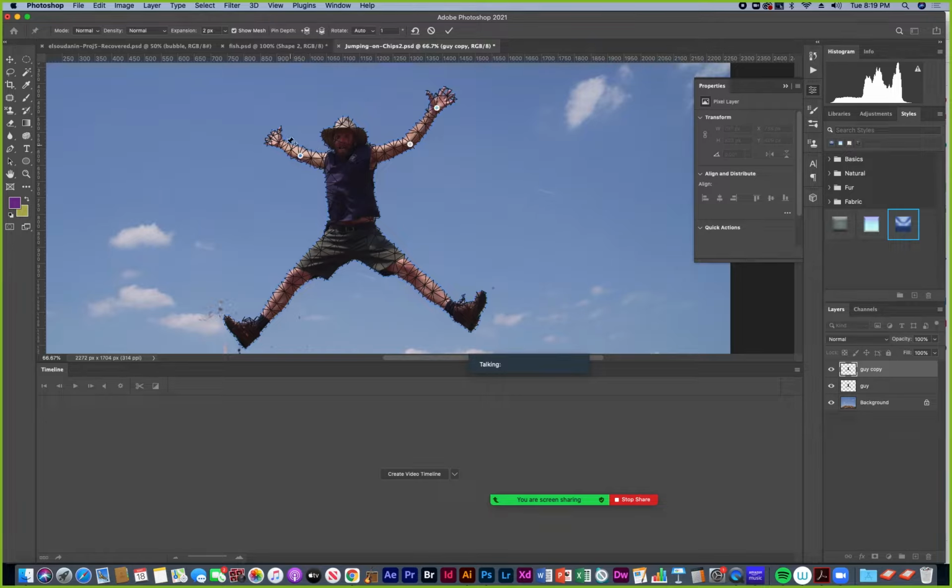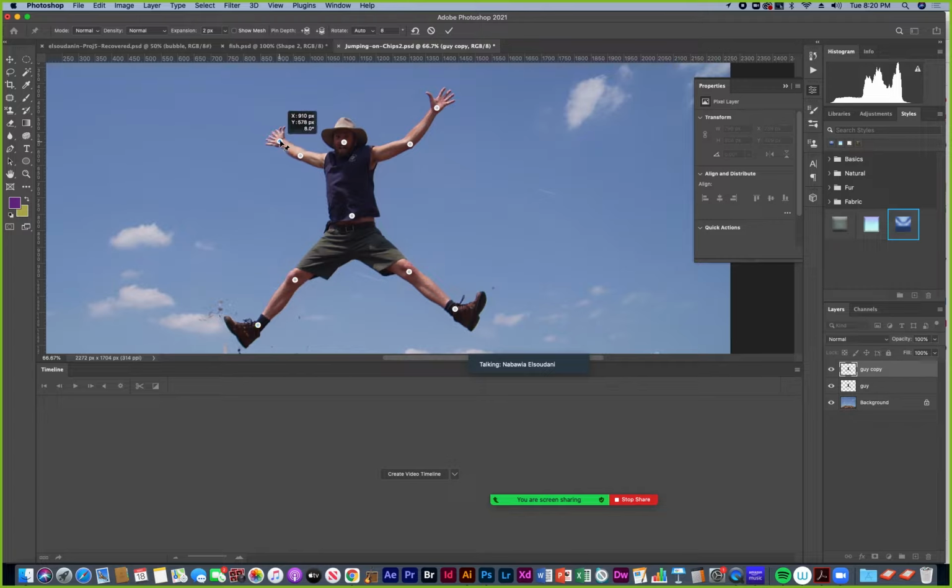I'm just going to click to add pins on the hands, on the head, to tack down the head, to be able to create movement on these places. Maybe his torso, knee is a good place, ankles perhaps, probably not too many. And I'm going to not show the mesh anymore. And now I'm just going to change the positioning.